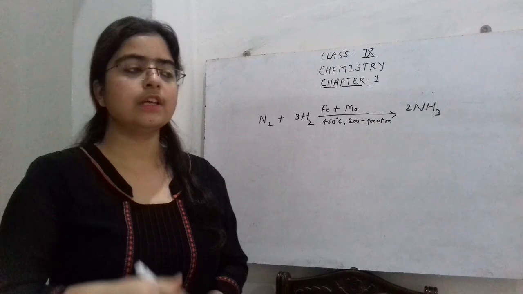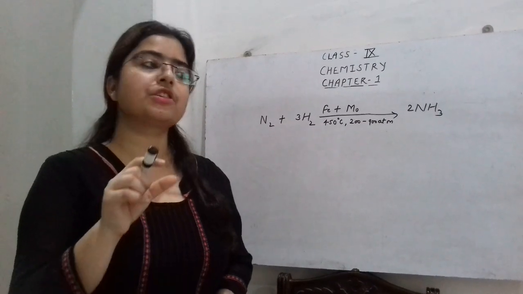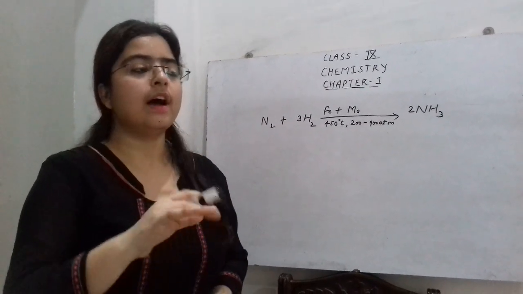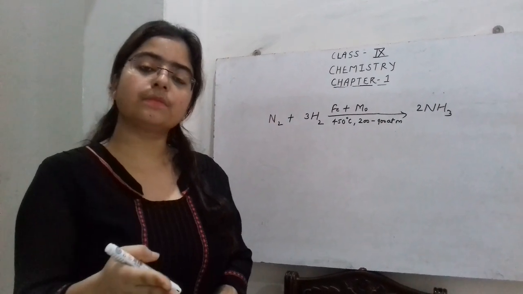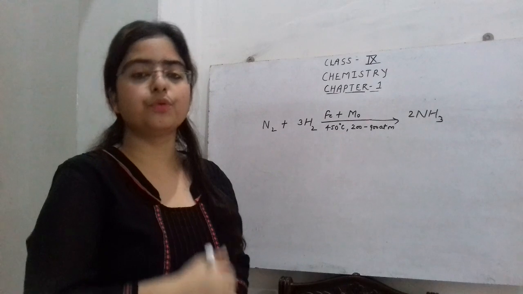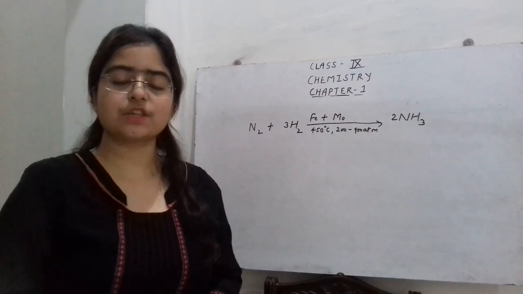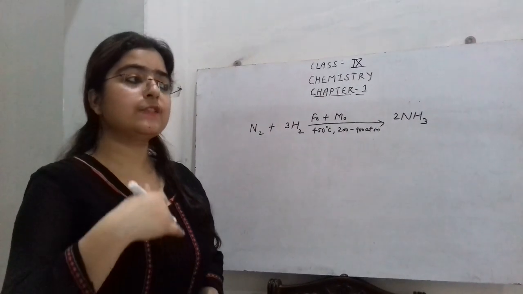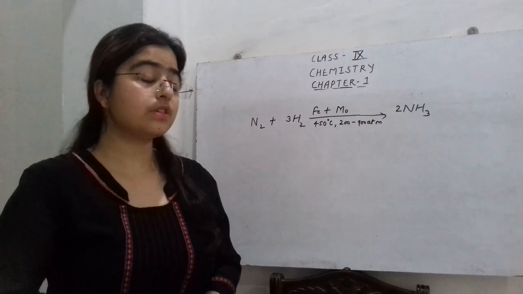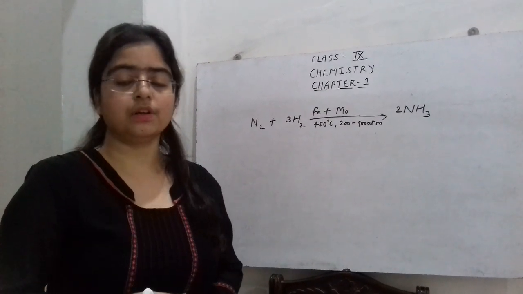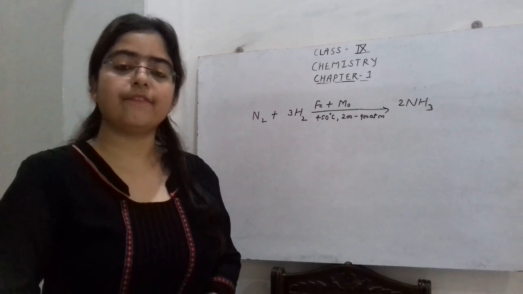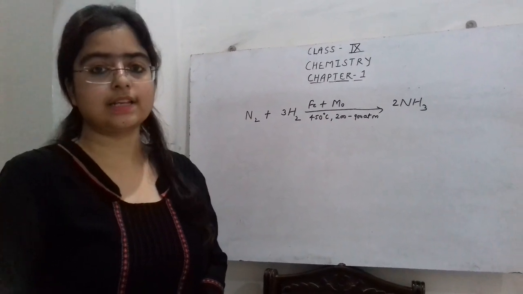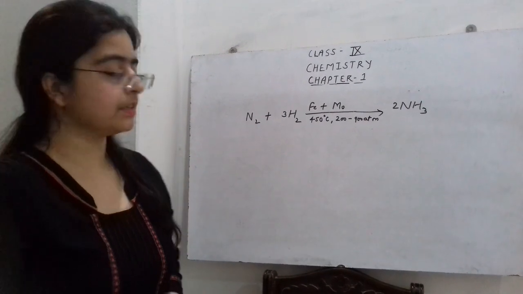Substances that influence the rate of a chemical reaction by improving the efficiency, the working capacity, of a catalyst. So the substances which are used for improving the rate of a chemical reaction by improving the efficiency of a catalyst are called promoters.